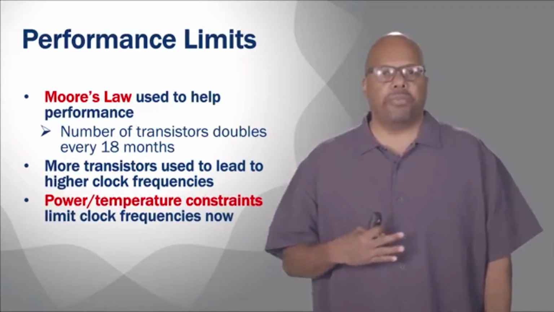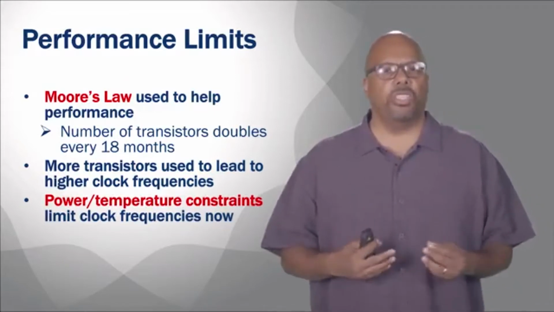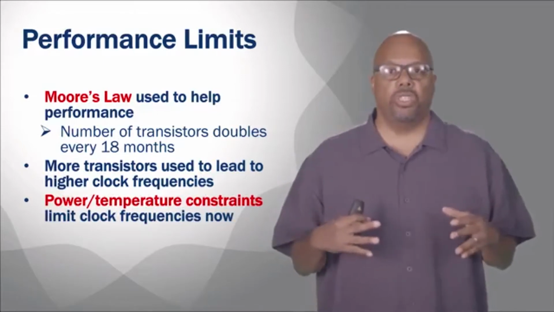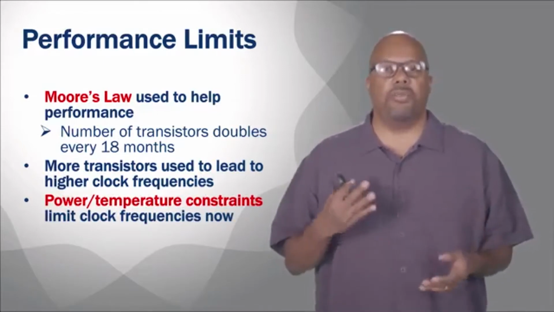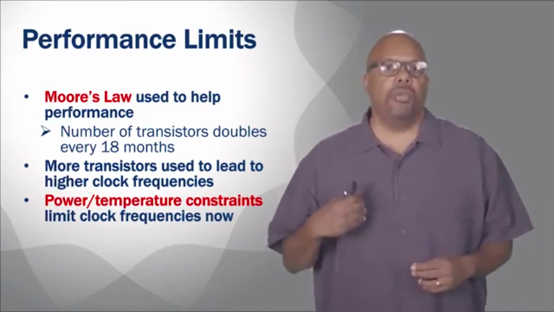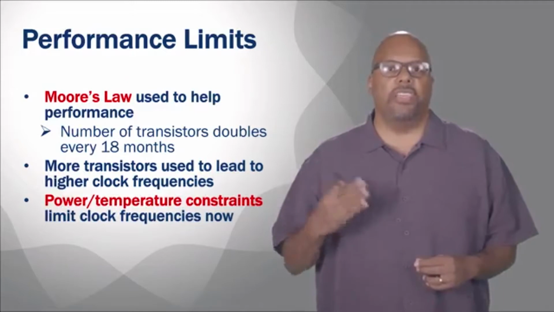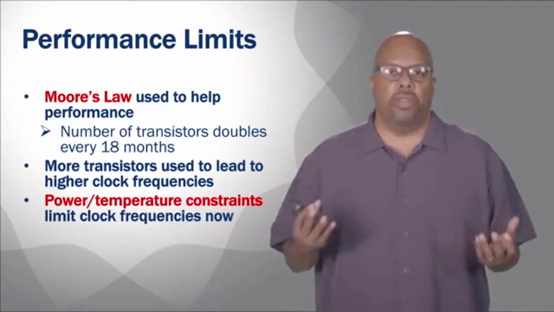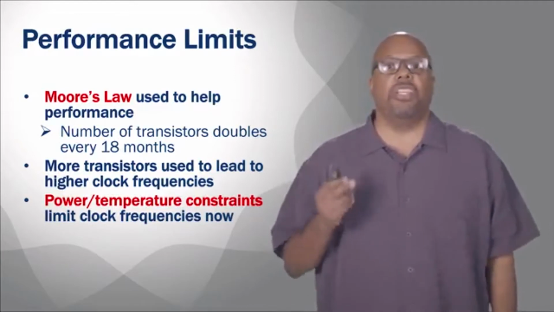Probably the biggest would be the power consumption and therefore temperature constraints. So when you pack these transistors onto a chip, they generate heat. Every time they switch, they consume power, which generates heat. And if you keep increasing the clock rate, then they switch 0 to 1, 0 to 1 at a higher rate, and they create more heat, and the chip will physically melt.